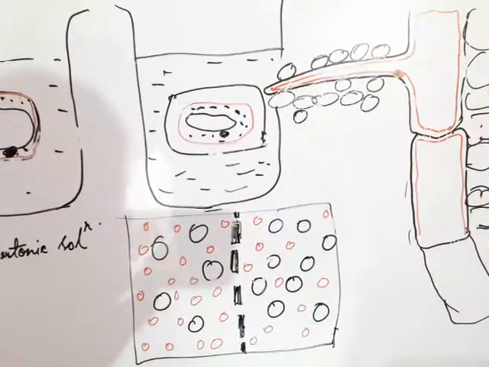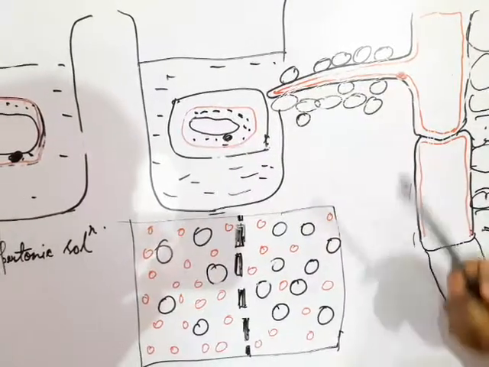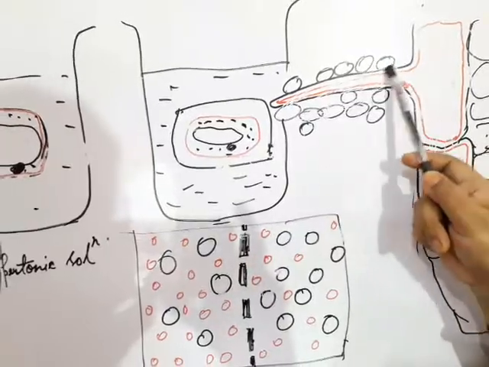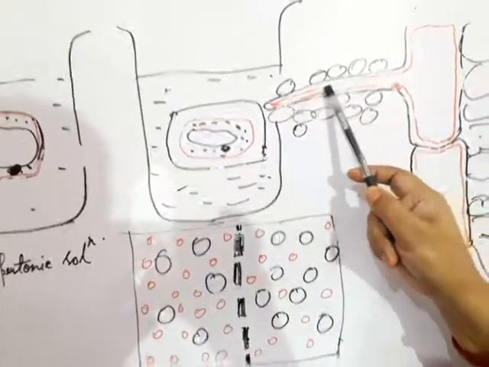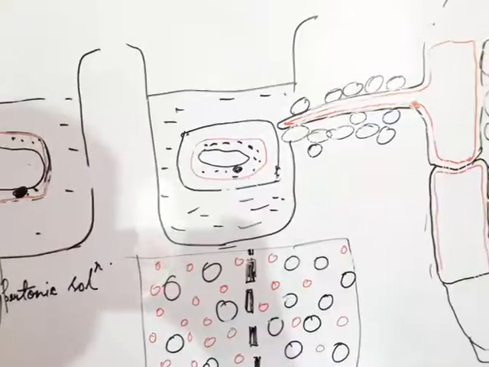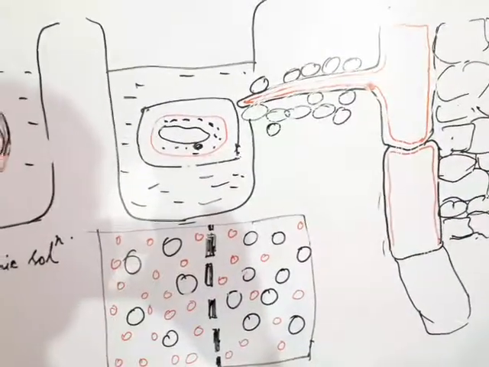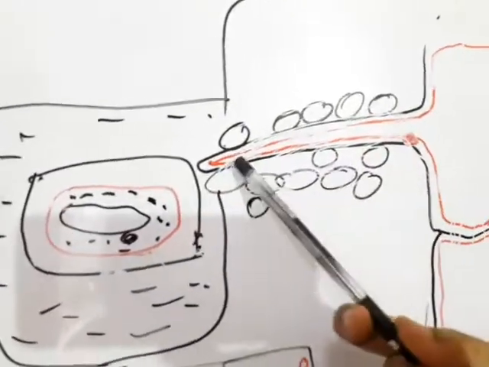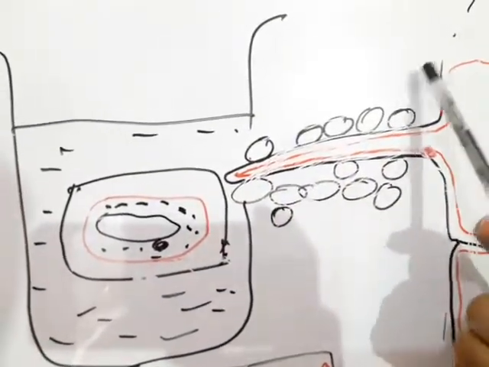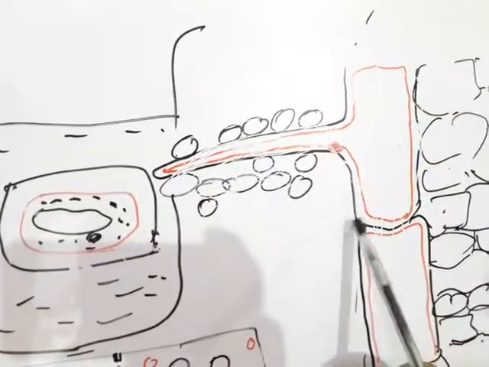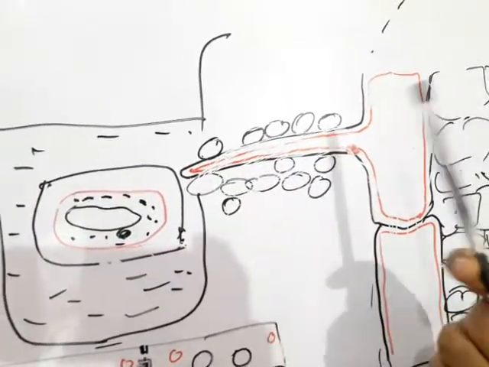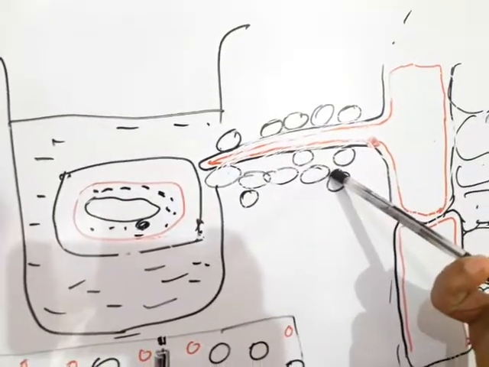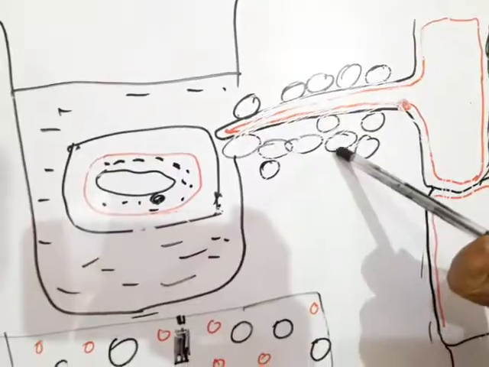This cell is specialized to absorb water. Why so? Because of the stretching, we are seeing the cell wall and the cell membrane, the red color lining, this is showing us the membrane. The cell membrane is very thin, and the root hair increases the surface area. Due to the increased surface area, more surface comes in contact with the soil water.